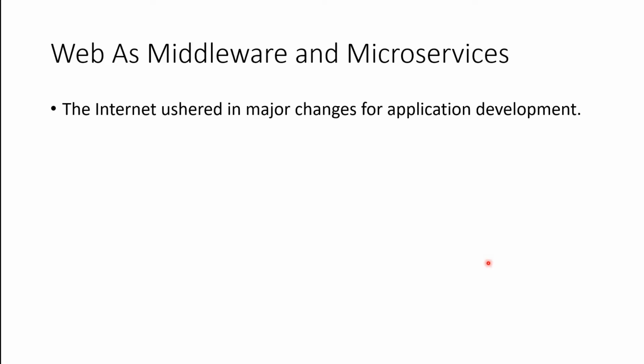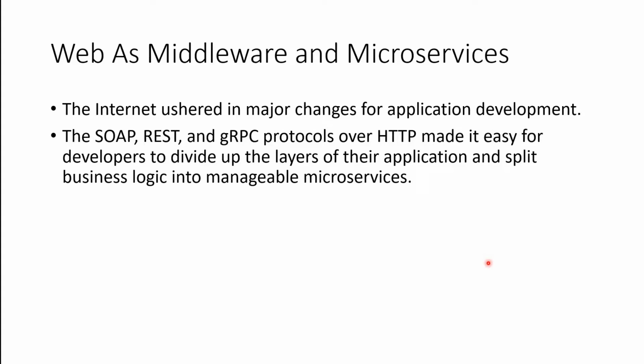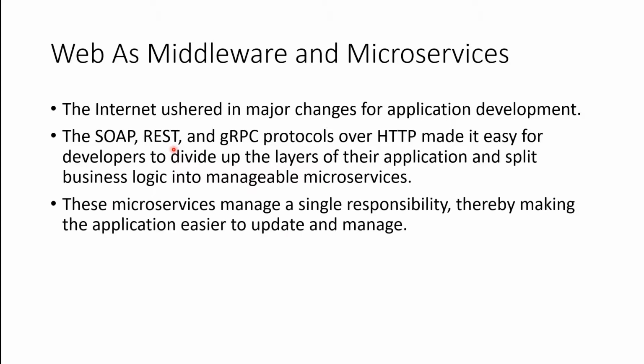So the internet ushered in major changes in application development. What we discovered is that we can use standard protocols like the HTTP protocol and then bundle our own services on top of the HTTP protocol. The same protocol that we use to show a web page, we can also use to invoke functions remotely over the web with RPC. We can also create tightly coupled messaging or loosely coupled messaging with SOAP and REST. And that allows us to really divide up our layers into very, very tiny single responsibility